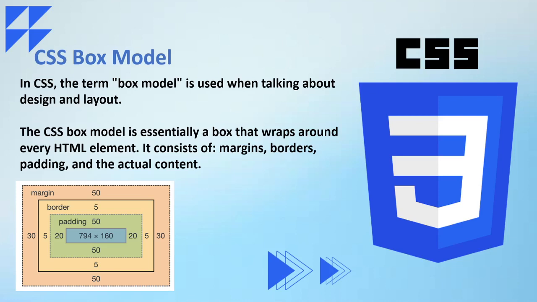Now we have the knowledge of all these four things: margin, border, padding and the actual content. So what is padding? We have seen that padding is the area around the content. Basically, content is our text that we mention, so padding is the area around that. Then after that we have the border around the padding, and around the border we have the margin. So this is our basic view of the page. The box model is very important to understand when you are learning CSS.